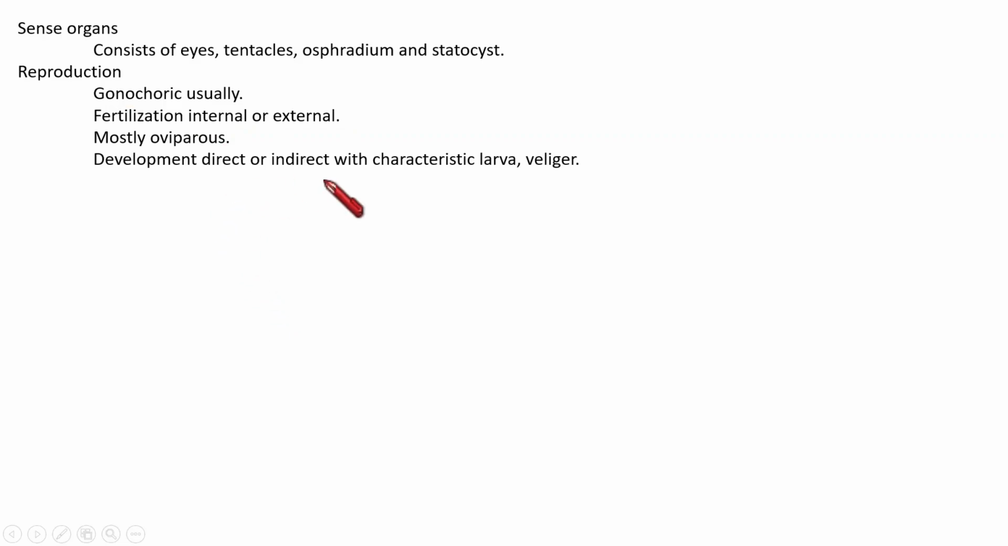Fertilization: internal fertilization is present in some, external fertilization in others. Mostly oviparous. Oviparous means egg-laying type. Development: direct development is present, indirect development also present. Direct development means development without the presence of any larva. Indirect means a larval stage will be there in its life cycle, and generally the larval form in mollusca is